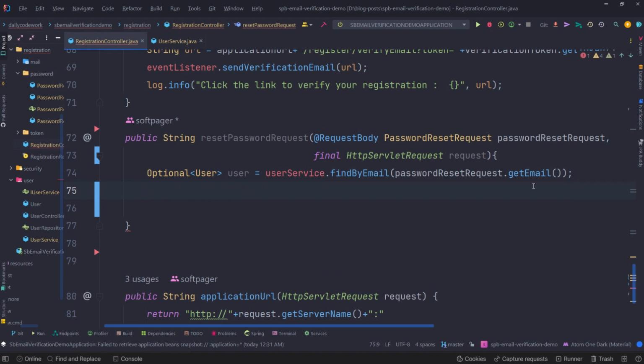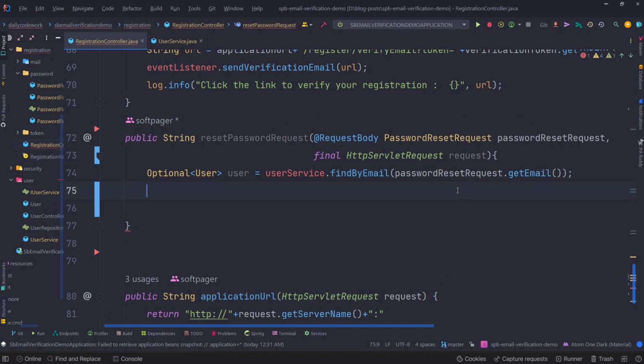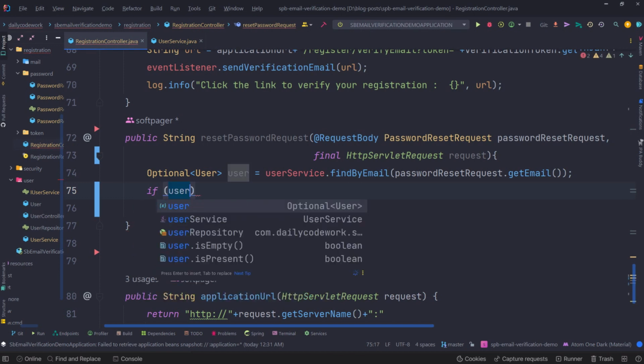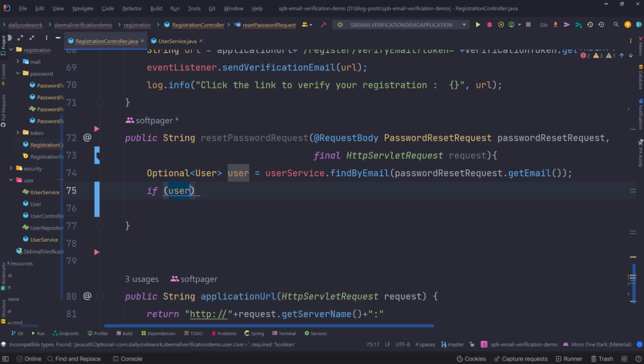If the user is present, then we're going to generate the password verification token to embed in the link that we're going to be sending to the user. So here, if user dot isPresent, if the user is present here,